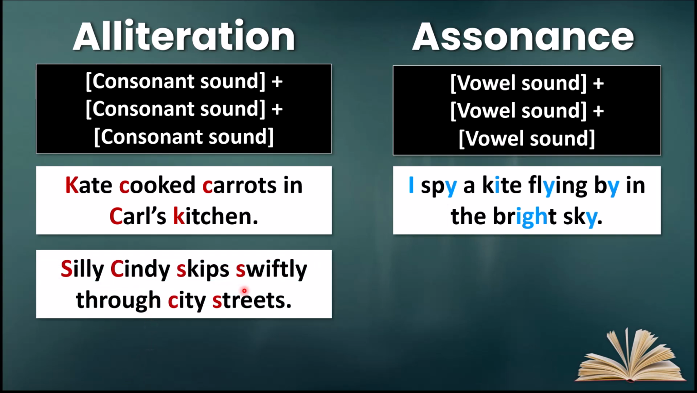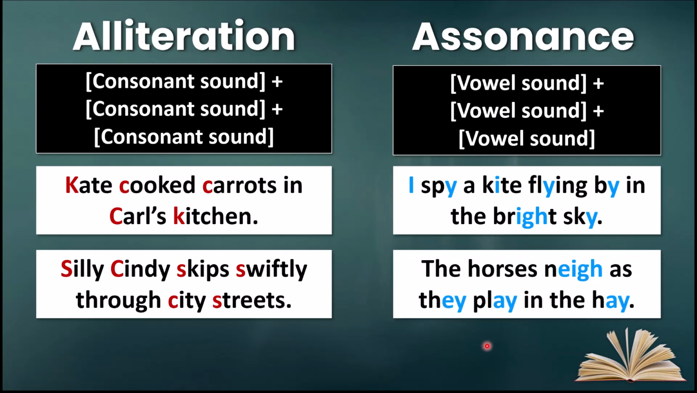Here's another example. Silly Cindy skips swiftly through city streets. Again, here, even though silly begins with an S and Cindy begins with a C, we have the S sound. The consonant sound is the same. And here, another example of assonance. The horses neigh as they play in the hay. Here we have many examples of the long A sound: neigh, they, play, and hay. So the most important thing is the sound being the same, not that it's the same vowel or the same